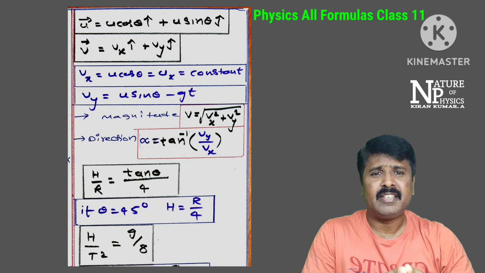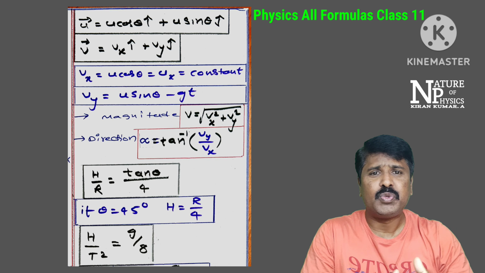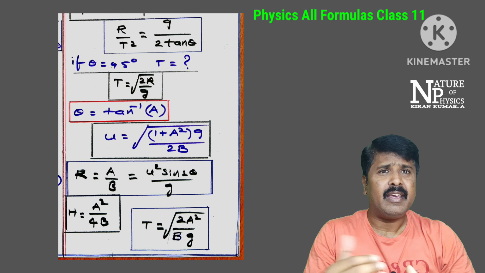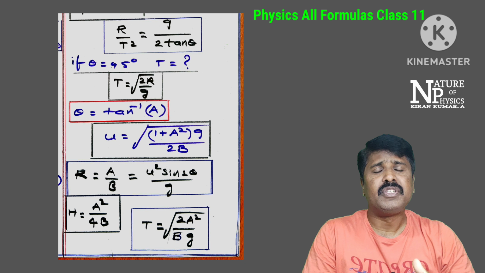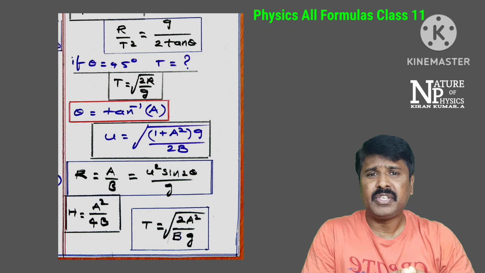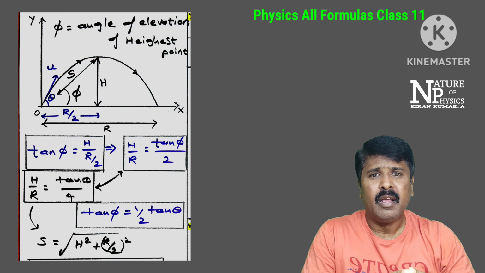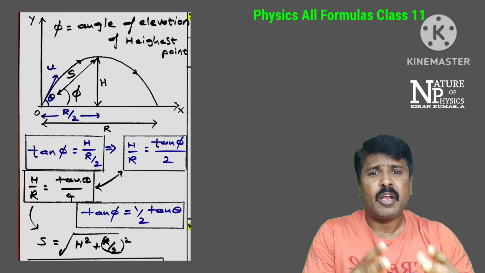and time of flight. Then in continuation, next one is clearly A is tan theta, B is equal to g divided by 2 u square cos square theta, based on that relations are given. And also here phi is the angle of elevation, clearly given in the diagram,